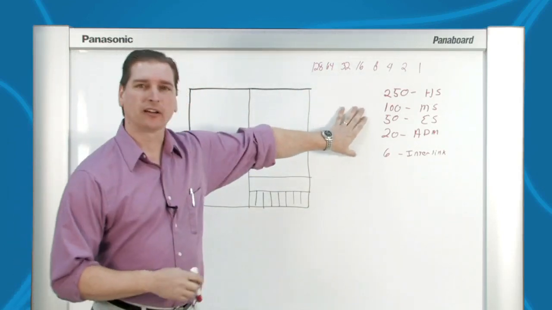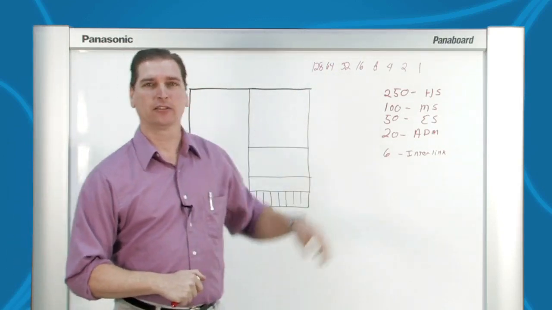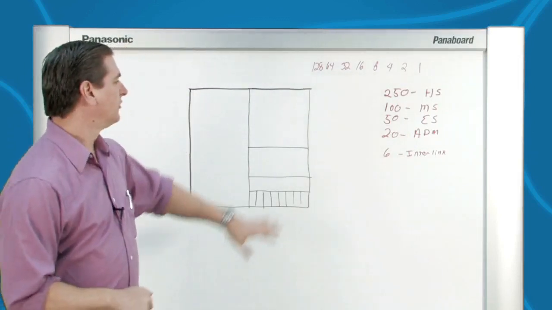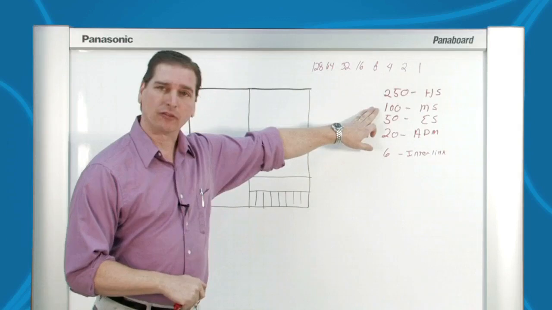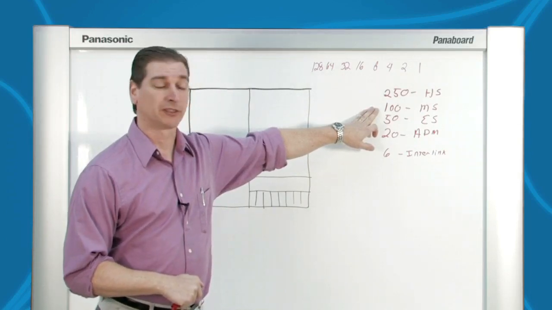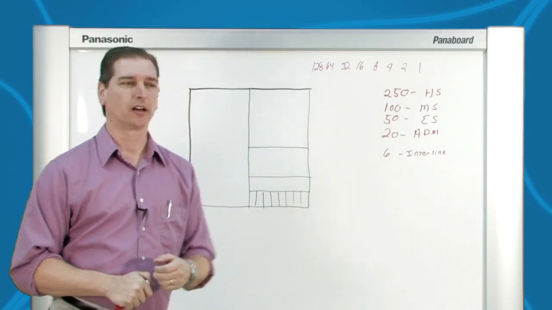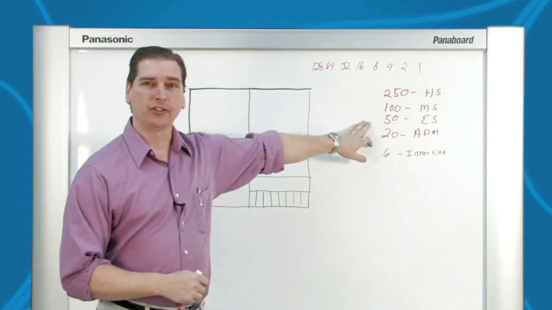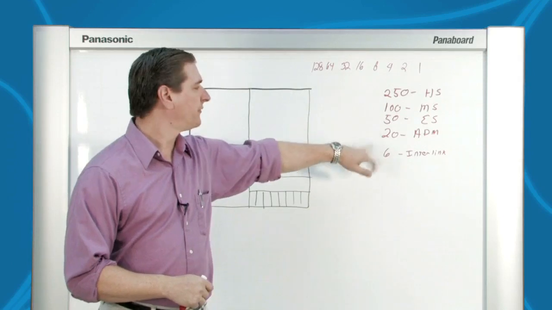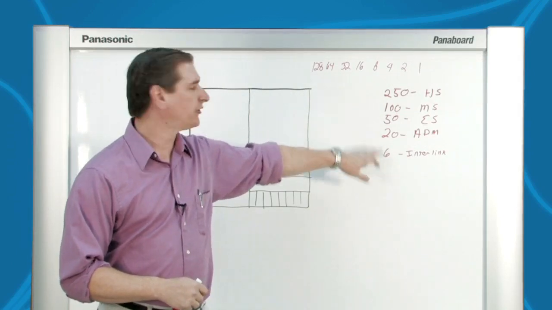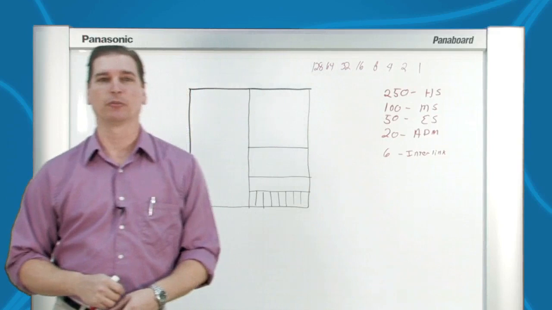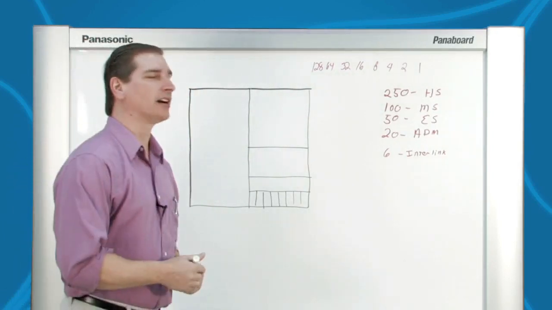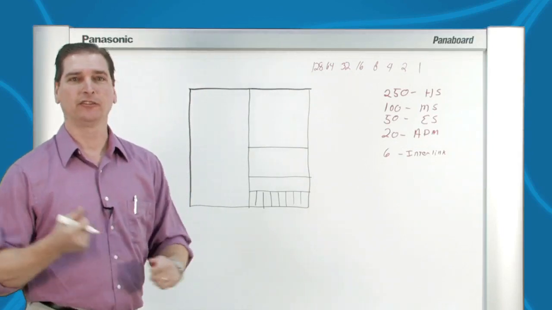I've written some numbers down here, and these are what are going to be allocated to each of the various school buildings that we need to manage. So, I've indicated we have 100 computers that are in our middle school, or there will be 100 printers, whatever you have in there. We have 50 working out of our elementary schools. We have 20 for our administrators, and we need 6 interlinks to keep everybody connected and talking to one another, okay? So, if we start out with a Class C network,